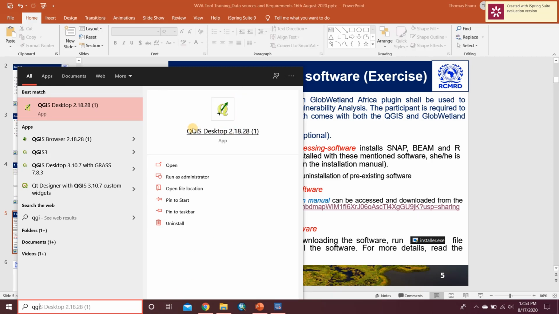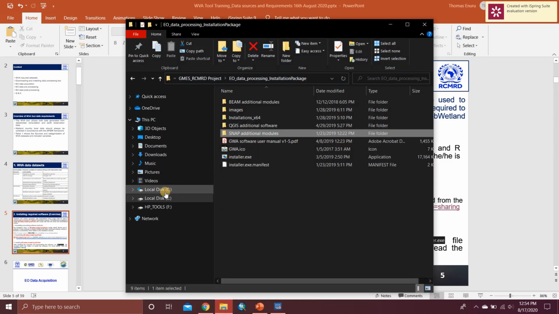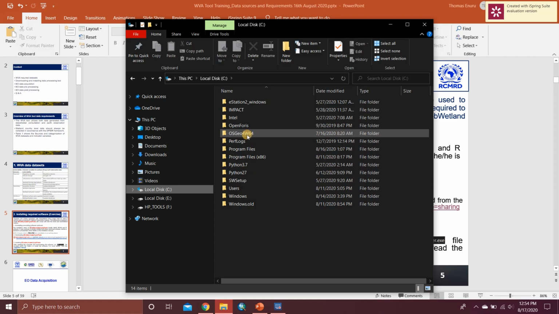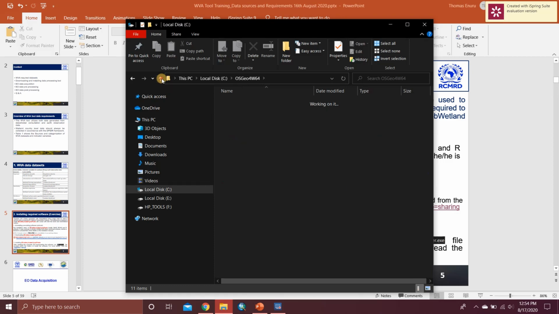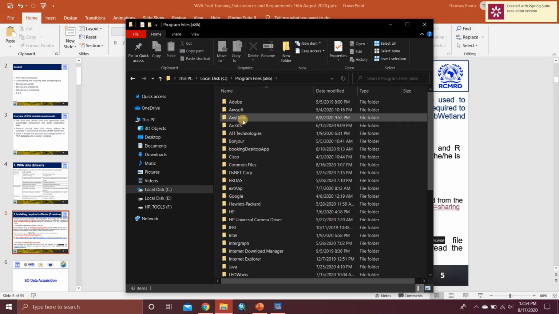And then the software, if you have already QGIS in your computer of, let's say, 3.10, the beauty is that installing the data processing software or package will install the OSGeo folder in your C directory, so it will not affect your other QGIS software which you've installed in the directory of